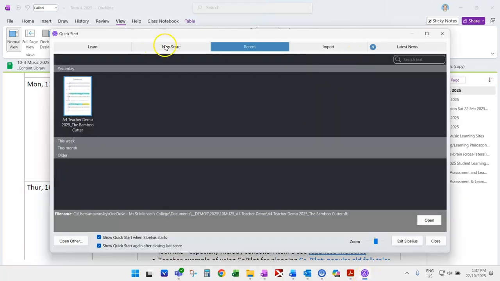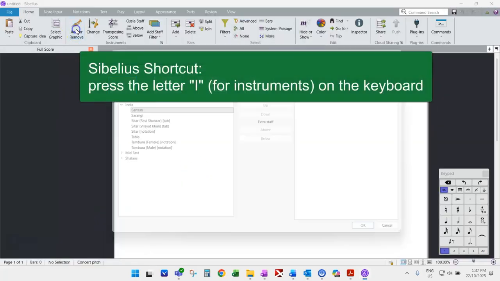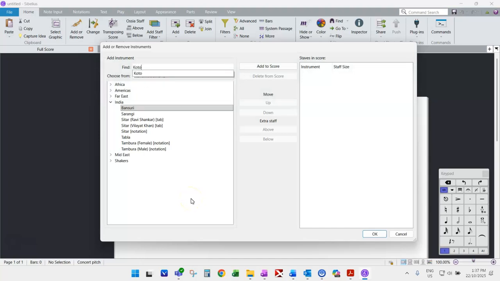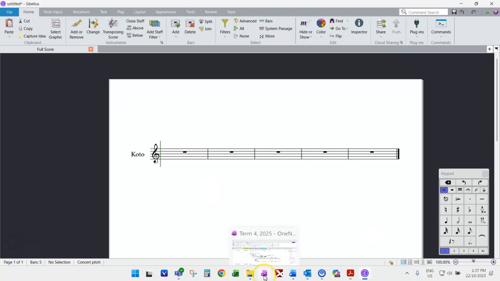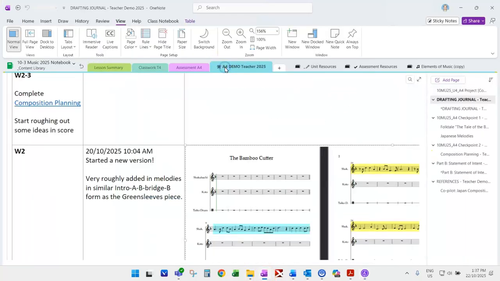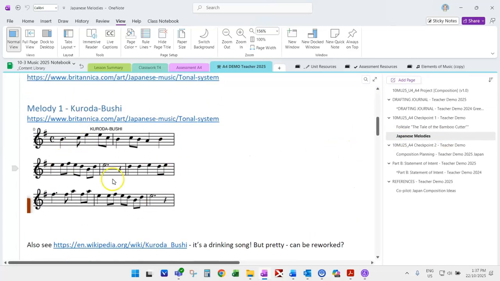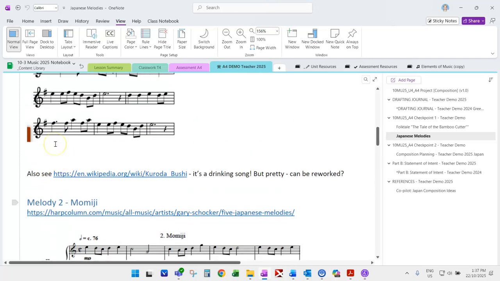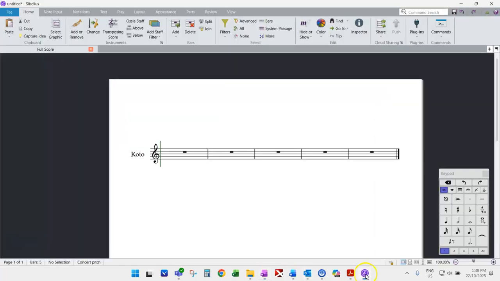If I were a student, I'd be starting a new score, a blank score, and then I'd be adding some instruments, at least one, and then I'd be going over into my OneNote and looking at my melodies. And if I didn't have them as XML or MIDI to insert directly, I would literally be typing them. So the first thing I'd have to do would be to look at the time signature, which in this case is common time or 4/4, and the key signature of 1 sharp, and I'd have to set up my project